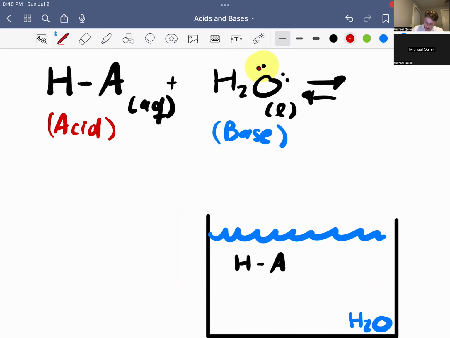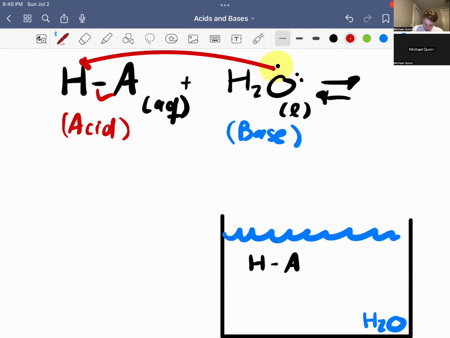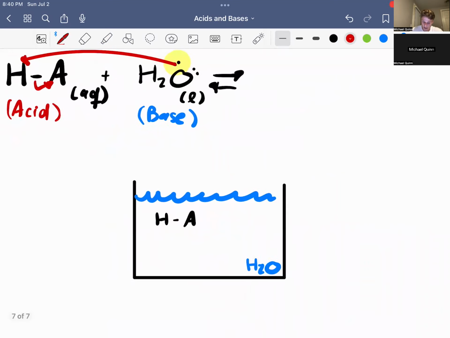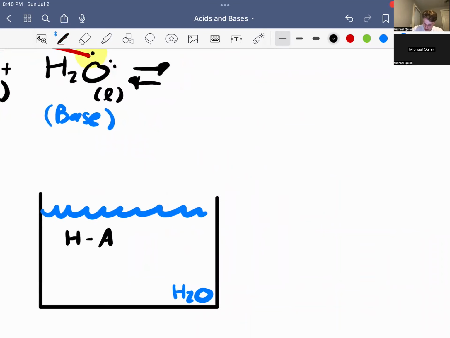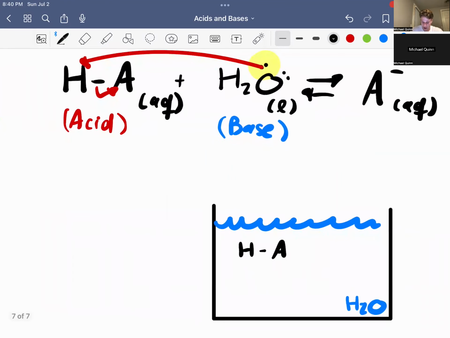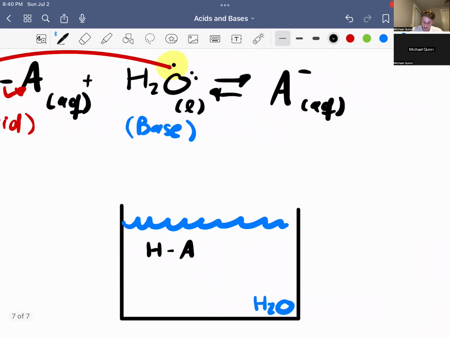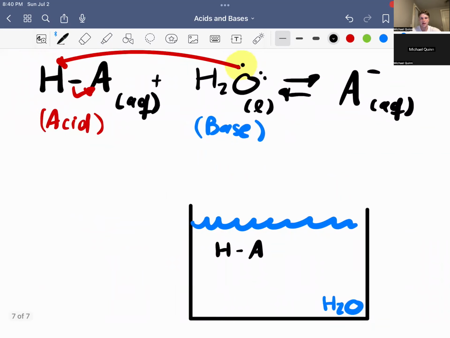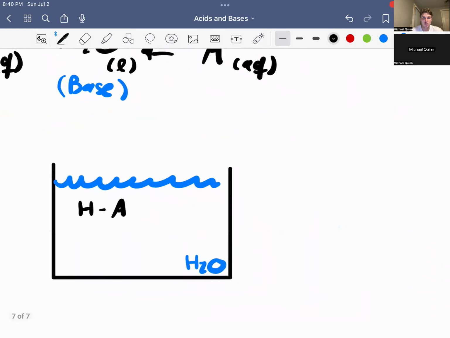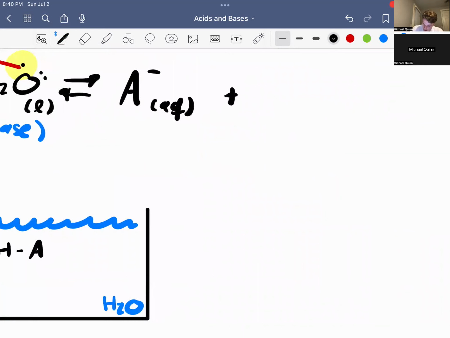So this lone pair will come over and take this hydrogen away from the acid, and the pair of electrons will go onto A. So we will be left over with A minus aqueous because it is still dissolved in the water. This is because the HA lost its hydrogen, and that pair of electrons is now sitting on top of the A with a minus charge, and H2O now is H3O plus